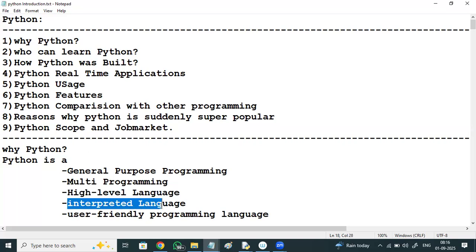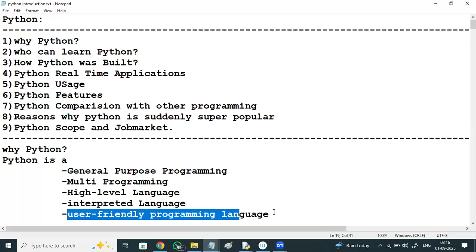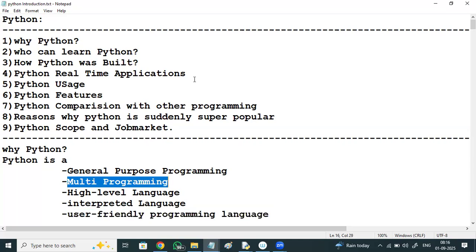It is an interpreted language, with line by line execution, which makes debugging easy. It's a user friendly, programmer friendly programming language, which provides simple syntaxes that look like normal English statements.